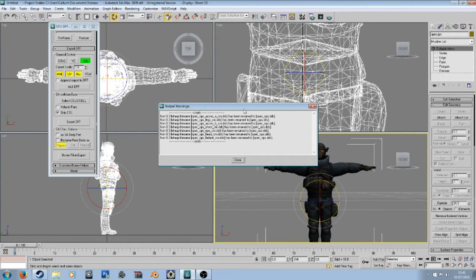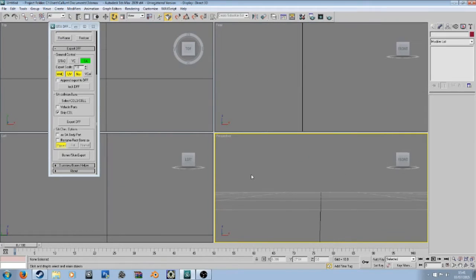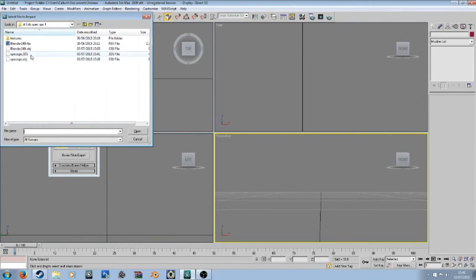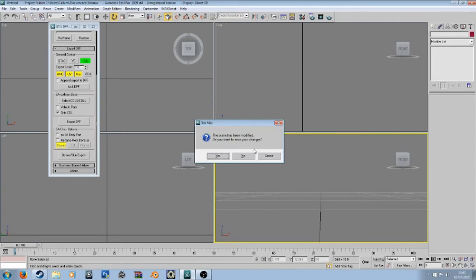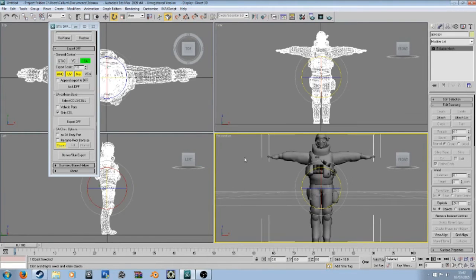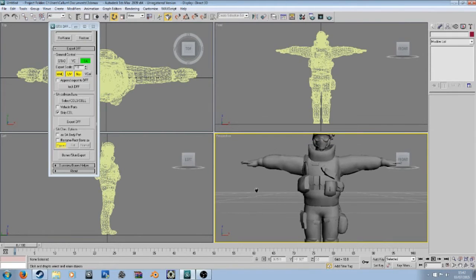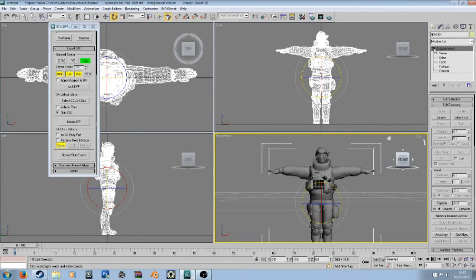So yes, don't worry about this. It does that normally no matter what you do. So then we Control A, get rid of that, then go to Import, and then 3DS, and then you can do either merge or completely replace, whichever works for you. No, we don't want to save that. So yeah, it'll come back out, it'll be untextured, so this may be a bit problematic, but don't worry, just